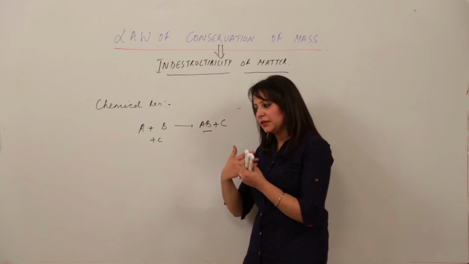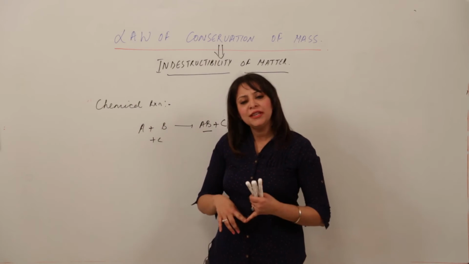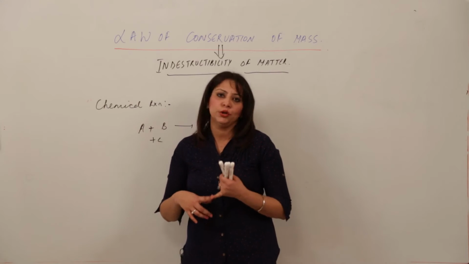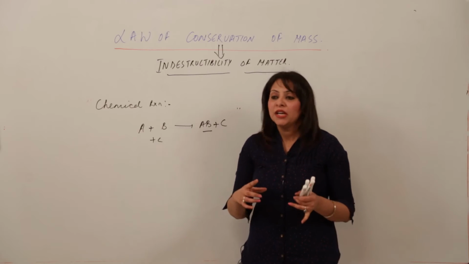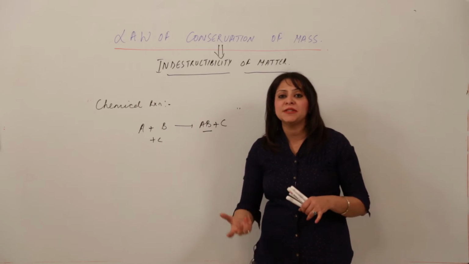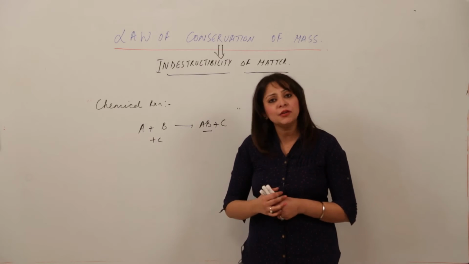When you sip tea or when you see tea, what do you see? Are you able to see the tea leaves? No, you are not able to. Are you able to see the milk? Are you able to see the water? No. They all unite to form a single substance. So this is how a chemical reaction takes place. So that is also a chemical reaction.